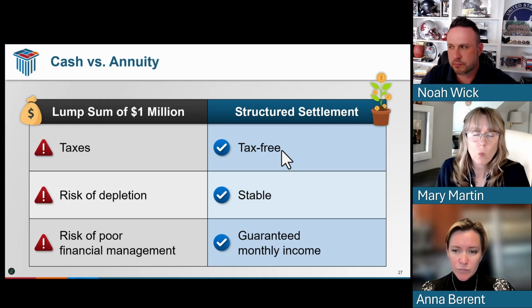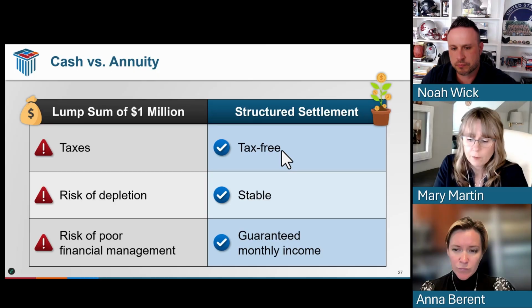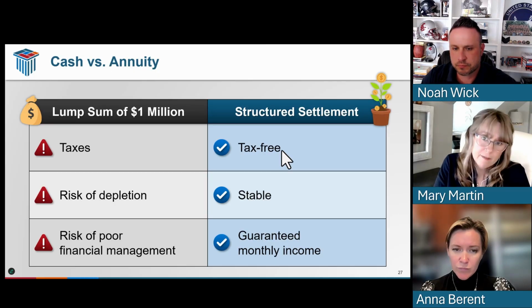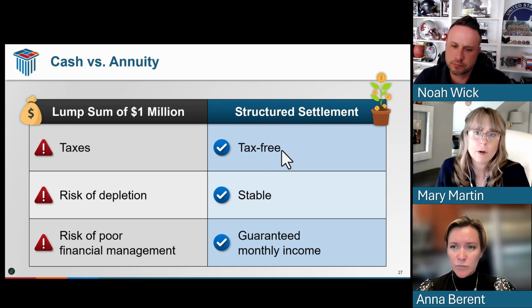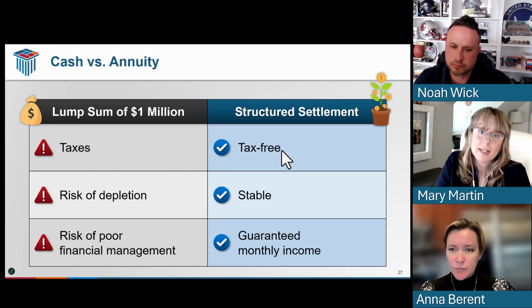So when we place this money for a plaintiff in a life insurance company, think about New York Life Insurance Company or MetLife or Prudential, these companies that have been here and been stable for decades or over 100 years. And so that level of security remains higher than funds placed in the stock market or with a